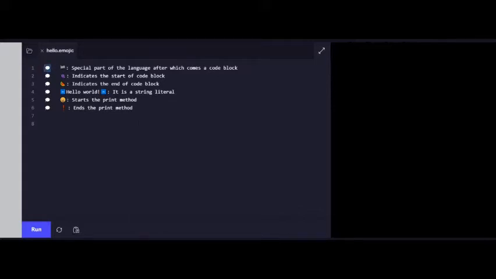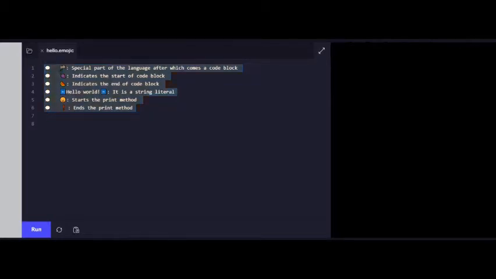If you are familiar with any other programming language, you might be aware what a comment is. A comment is an explanatory statement that is not executed by the compiler and is included in a code to make the code more understandable. So all these lines that I have written here are comments and these are not executed by the compiler.